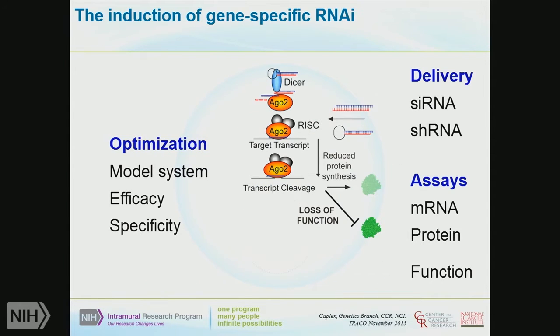And that's sort of illustrated here. It's not showing the cell on here. There's actually supposed to be a cell here, but it doesn't matter in this context. So what you're seeing here is you can use either shRNAs or siRNAs, and then after a period of time, having gone through this process, you will see a reduction in the transcript, reduction in protein synthesis, and therefore a loss of function.